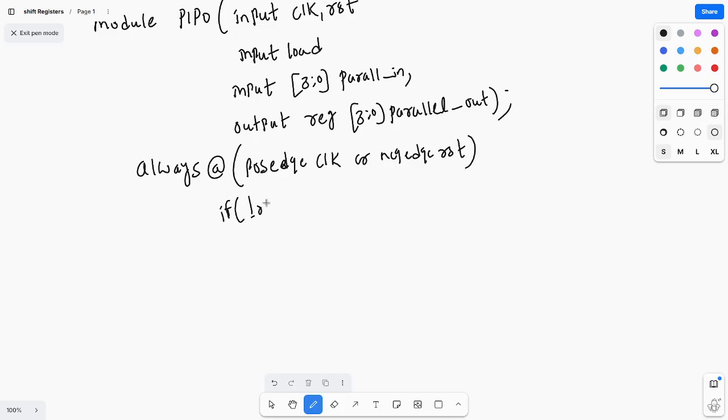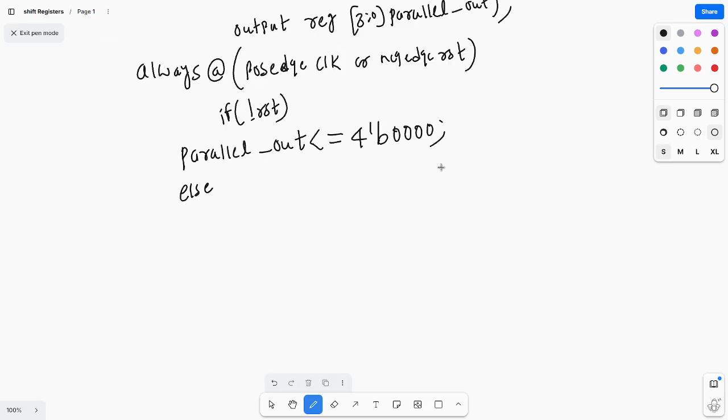If not reset, parallel_out is loaded with zero, you are initializing the outputs of all the flip-flops. Else, else if